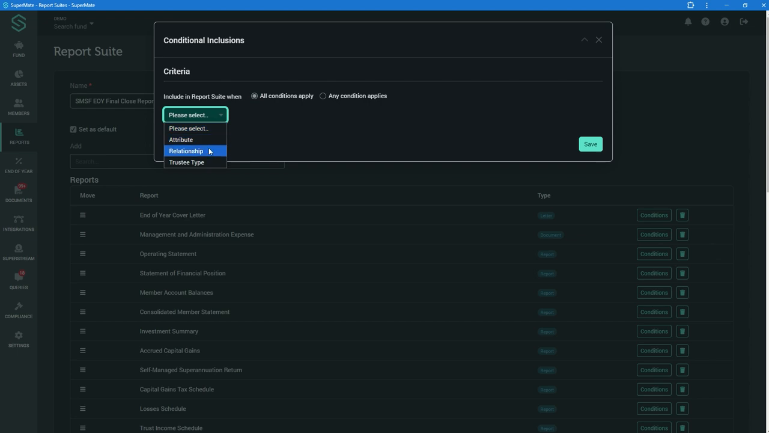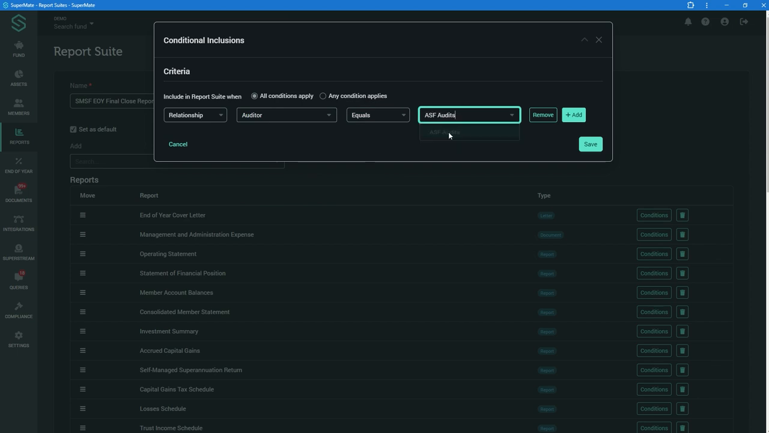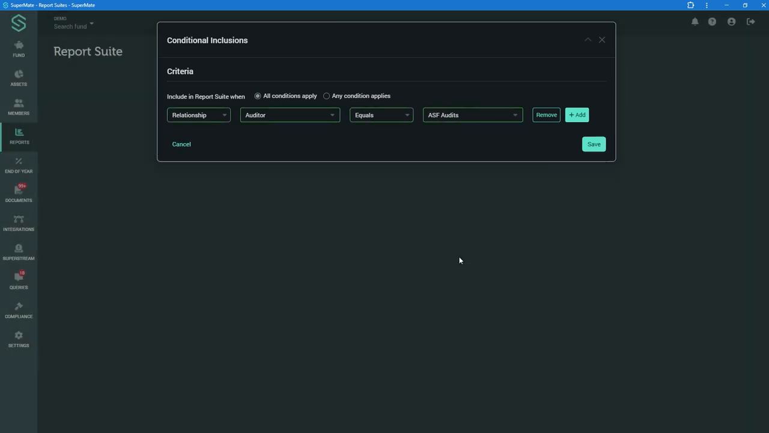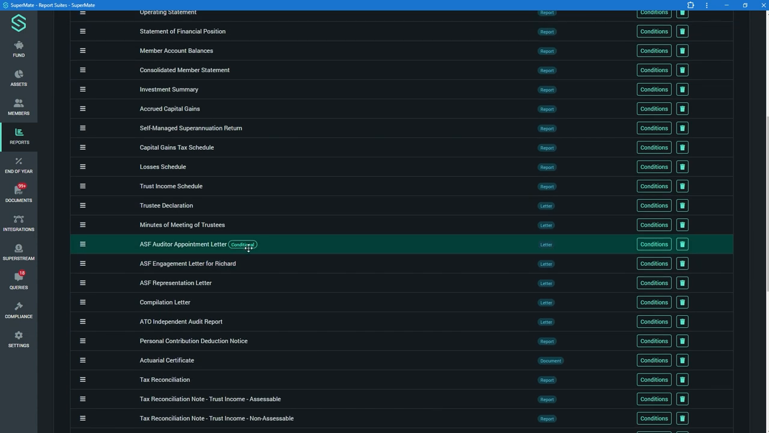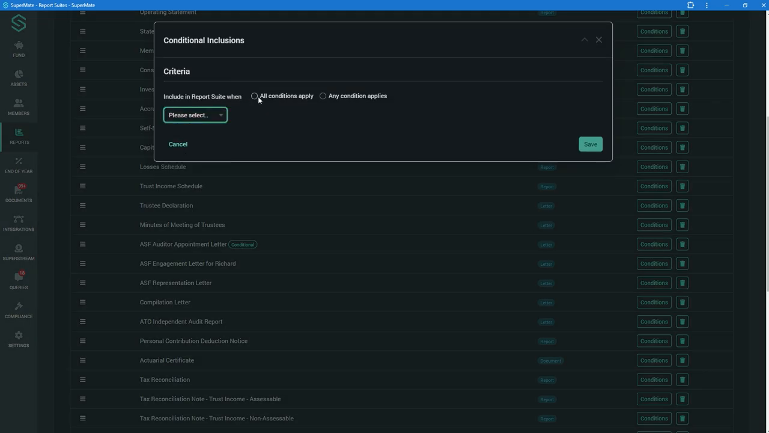Now I'm going to include this later in the report suite when the relationship of the auditor equals ASF. Select save. Now that I've added the condition, you can see we have the conditional tag. I'll repeat the process with the other ASF letters. With this representation engagement letter for Richard,